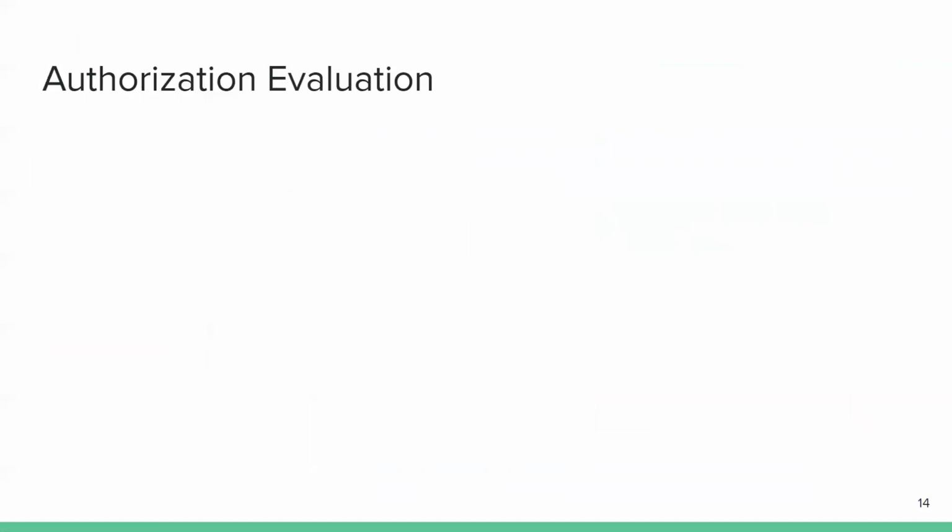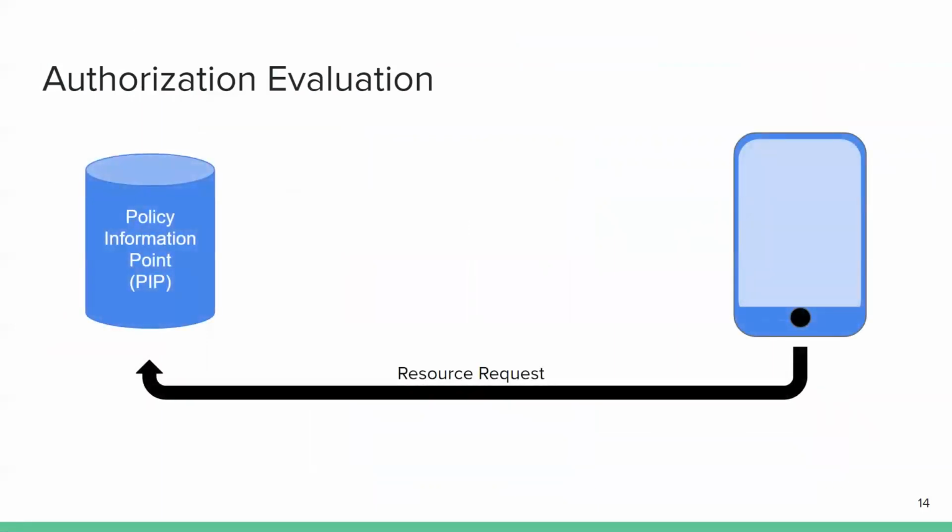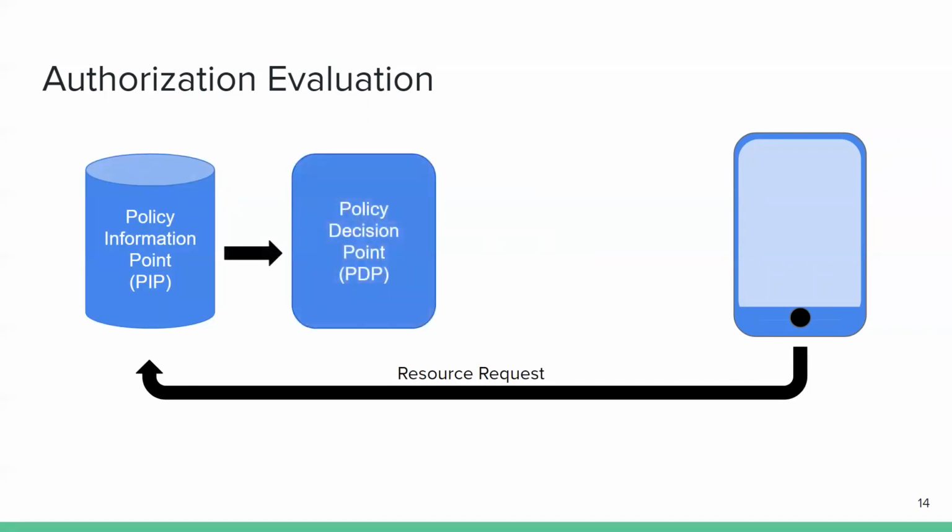Having gone over how the different components interact with each other in order to handle resource requests, it's also important to note how authorization is actually carried out within the system. So a user will go ahead and make a resource request, and when they do so, it'll trigger the policy information point to send policy information to the policy decision point. So what the policy information point does is it just stores that information,